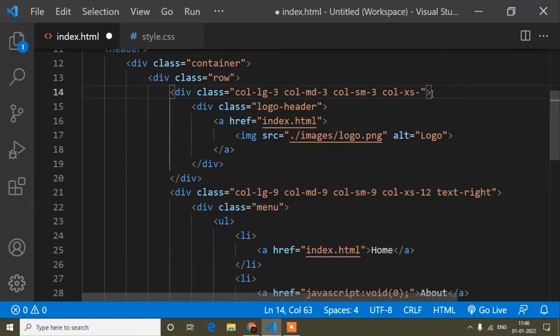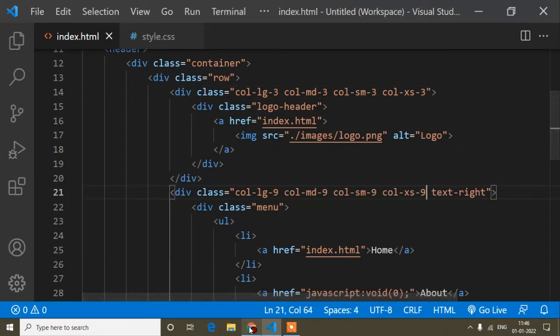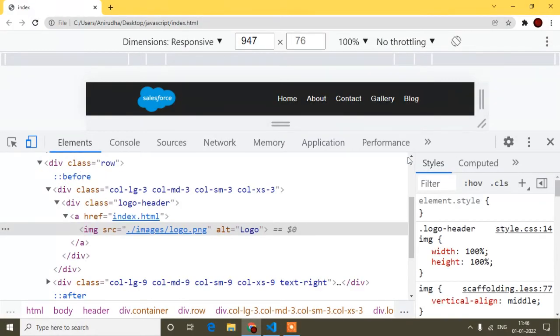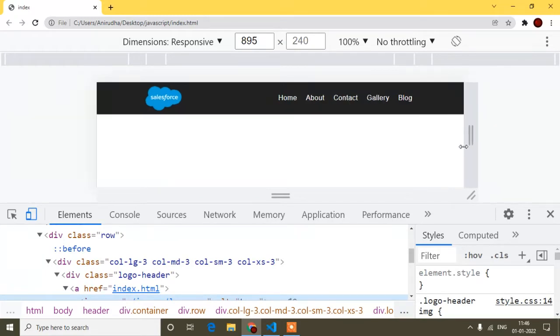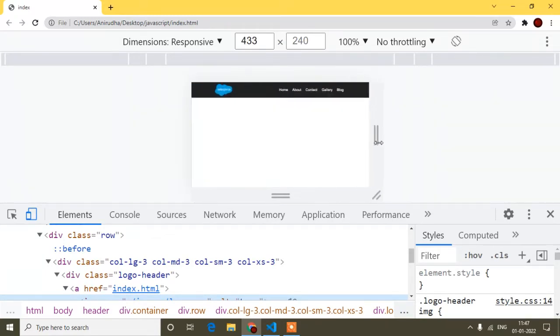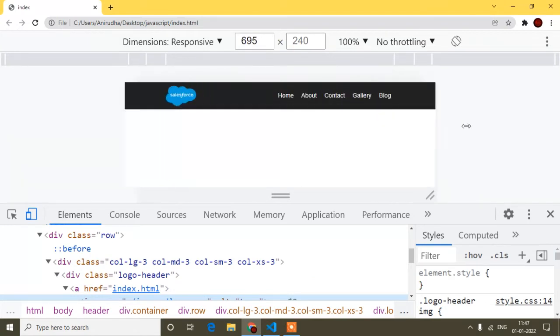I will write it in the same line. Why? I will show you in the next. Okay, so save, and now if I refresh, you can see if I go to the small size, it's in the same line, it's not breaking.